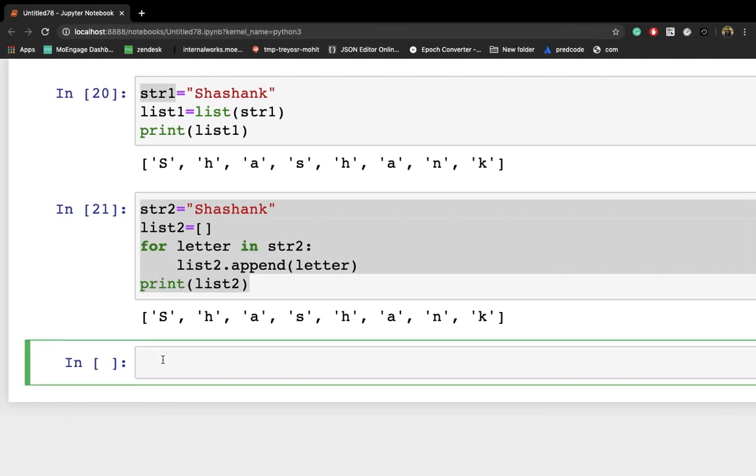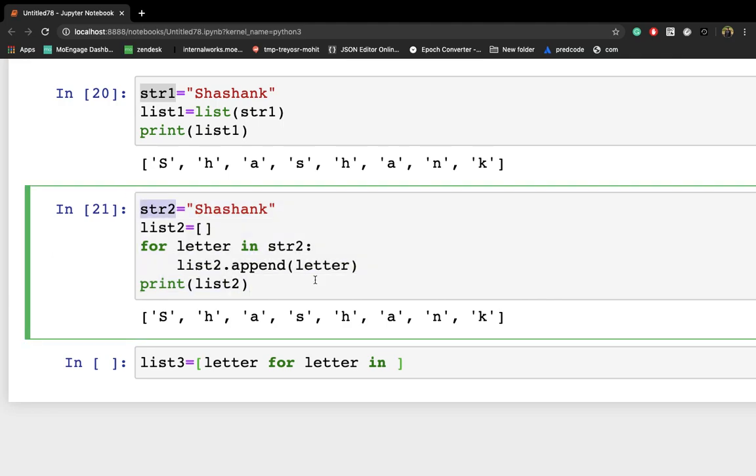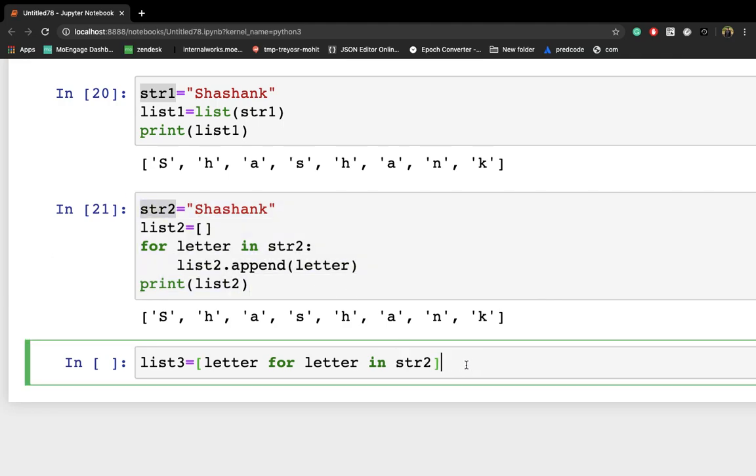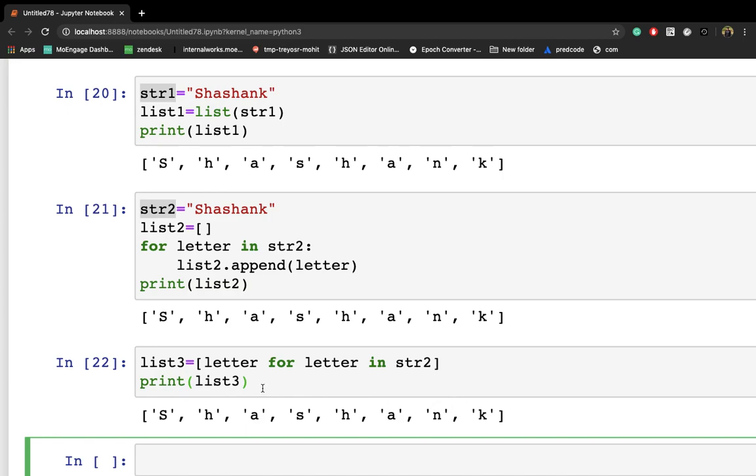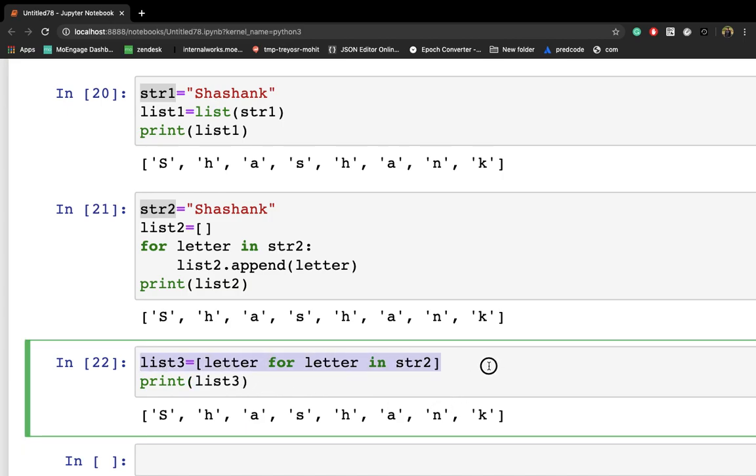So let me write, let's say, list3 equals letter for letter in str2, right? So let me print list3, and you'll get the same desired result. So this is all about list comprehension, right?